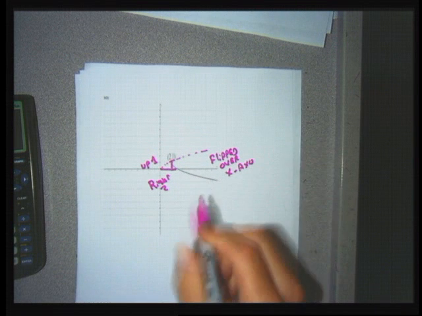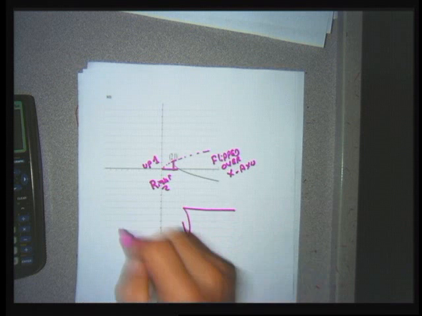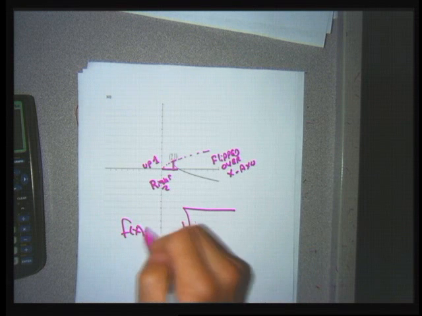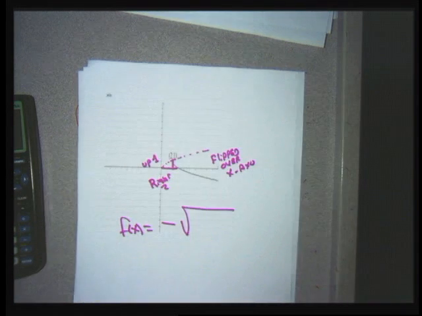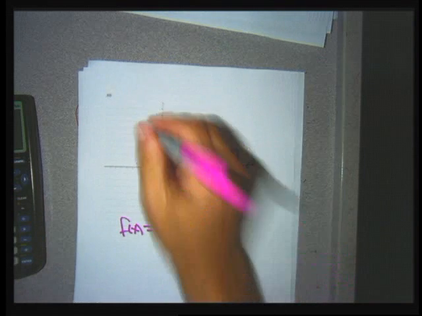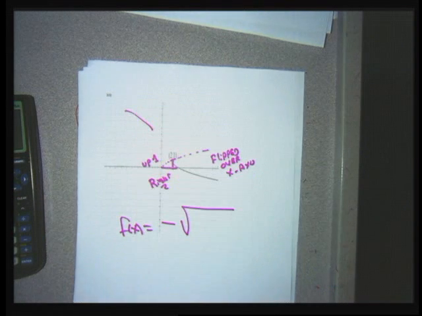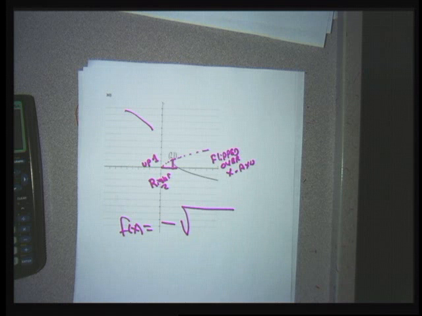It's a half parabola on its side, so I know I need a square root. So when I go to write the equation for problem 30, the shape tells me it has to be a square root because it's a half parabola on its side. The negative in front of the absolute value is going to take it and flip it over the x-axis. If it was going this way, that would be reflected over the y-axis, and I'd have to put a negative, but attach it to the x, not put it in front of the